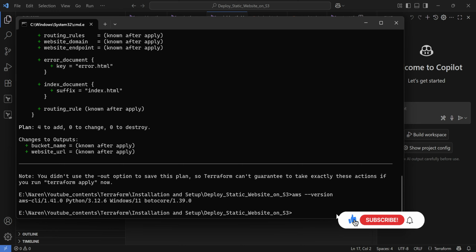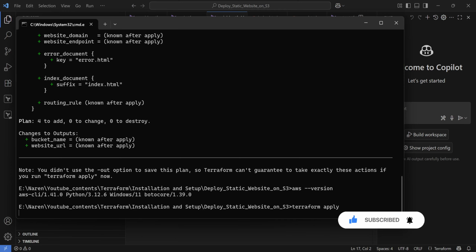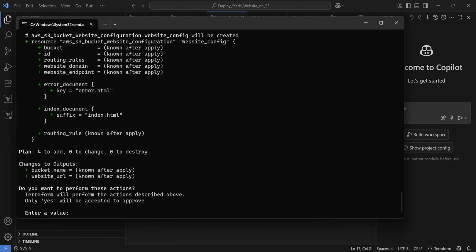Let's try terraform apply. If everything is configured correctly, it will create a new S3 bucket and deploy our website. Now it asks for confirmation that you want to create the infrastructure on the AWS provider.